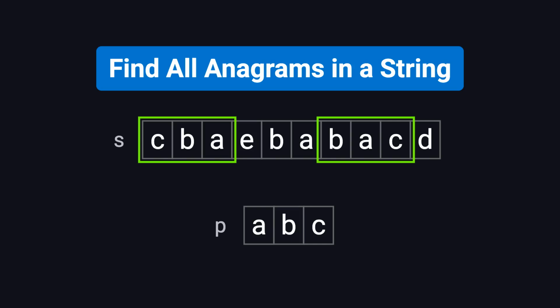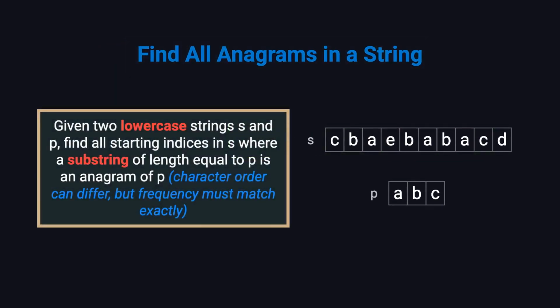Today, let's talk about a classic interview question. Find all anagrams in a string. Here's the problem. You're given two lowercase strings, s and p. Your task is to find all starting indices in s where a substring of length equal to p is a permutation of p. In other words, the substring contains exactly the same characters as p, just possibly in a different